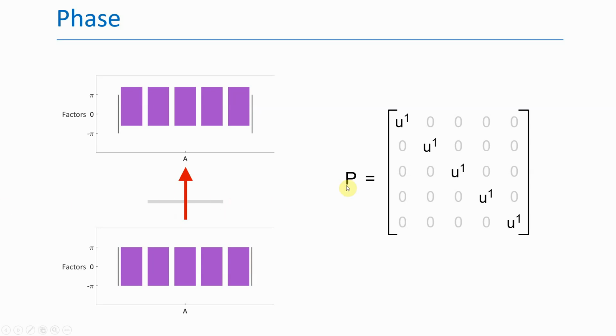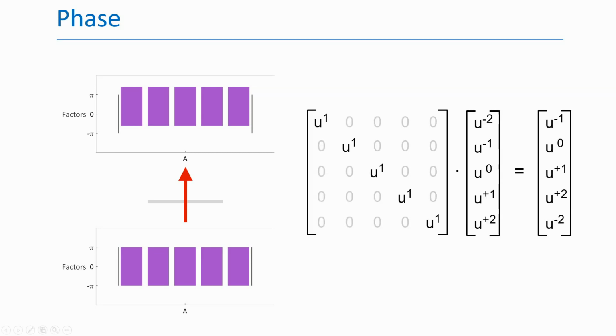Mathematically, the effect of the window is represented by the phase matrix P. The phase matrix is diagonal, and all the diagonal entries are the same and equal to the unit phase. Equivalently, we can say that it's a scalar times the identity matrix, or even just a scalar. When the phase matrix acts on a state vector, it multiplies all of the components of the vector by a common phase. For instance, the components of the -1 angle vector have the exponents -2, -1, 0, +1, +2. When we multiply by the phase matrix, we add 1 to each exponent.